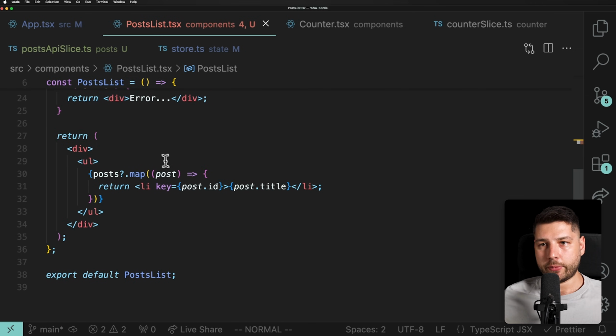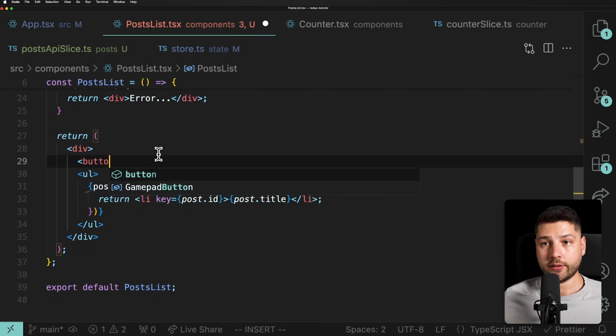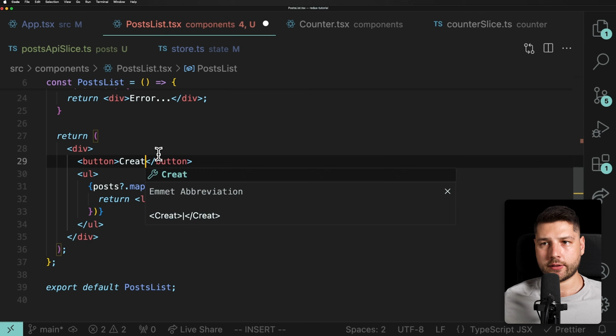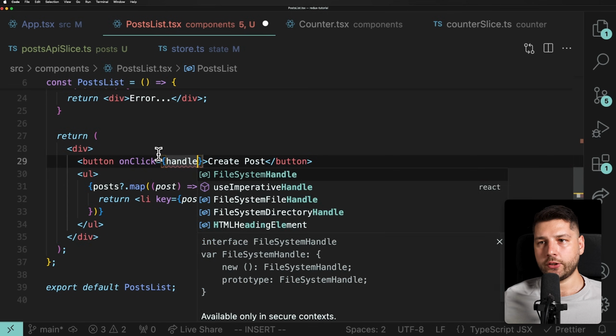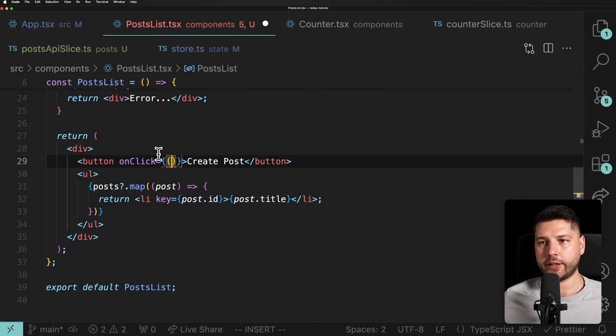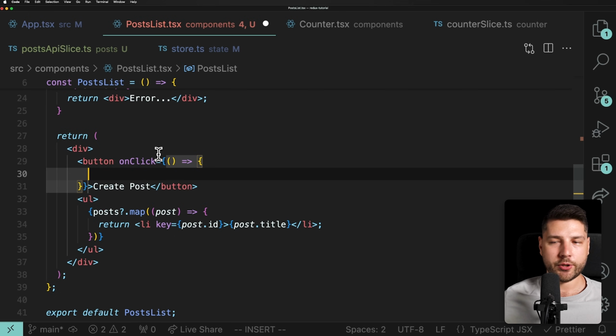And then the only thing that we have to do is maybe come here, create a button like this, and here just say create post, and actually onClick. So we're going to onClick like this. We're just going to do handleCreate. Actually, we're going to define this inline. We're just going to come in here, and we're going to do an inline function, which is going to be